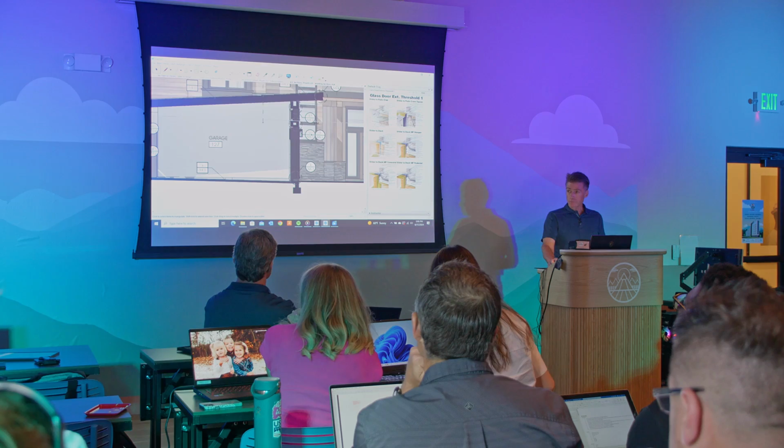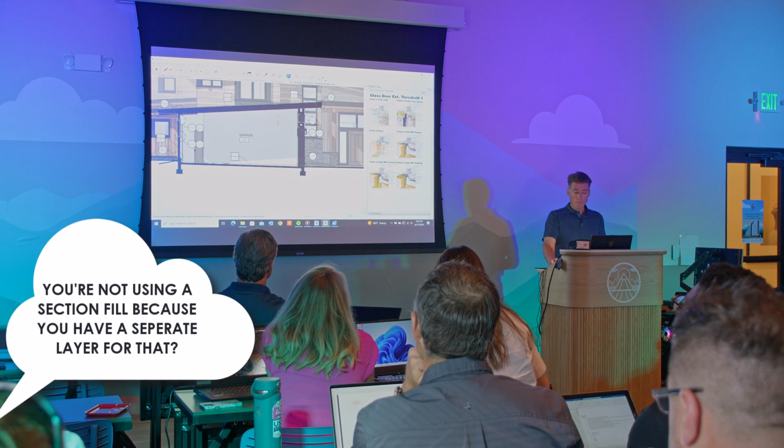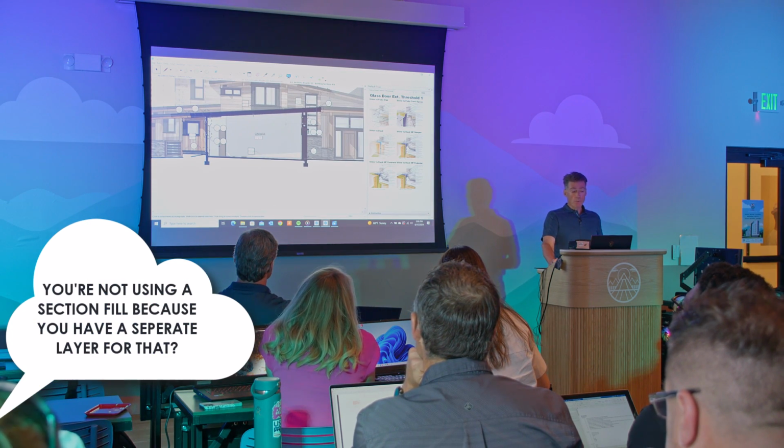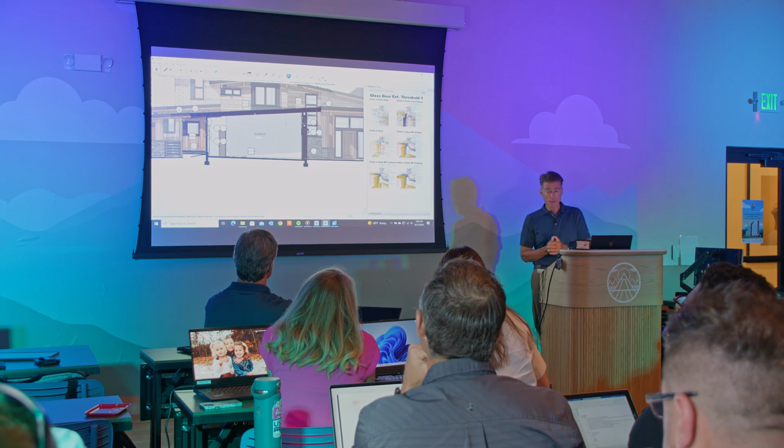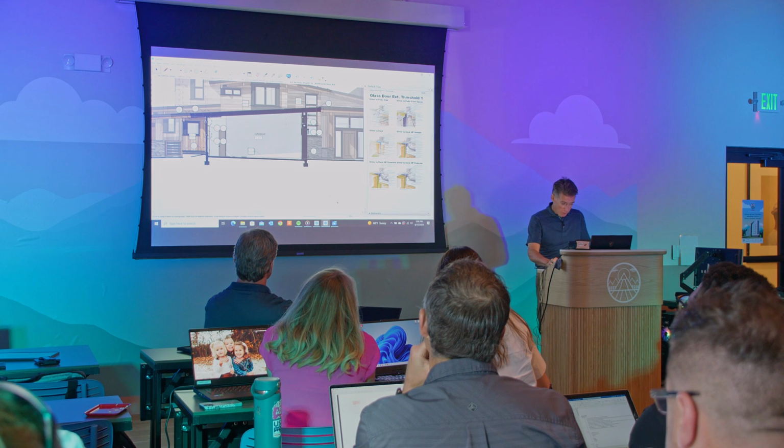So you're not using a section fill because you have a separate layer. Yes, so the method I use, and there's pluses and minuses to it, we nicknamed it the Donnelly method. And the way that works, I can show you in the,